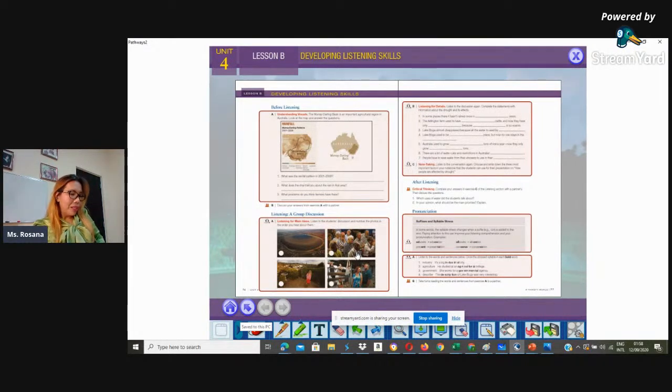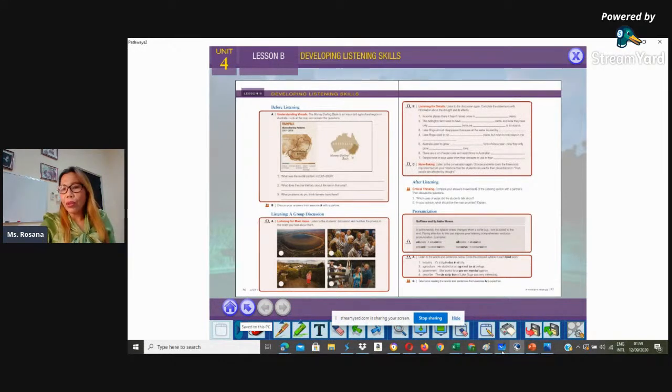Now we're going to listen to the conversation among the students. And while you are listening, you've got to take down notes so that you would be able to answer the questions after the listening text. All right. Now the first activity here is to number the photos in correct order as you hear them in the listening text. All right. So here, this activity would be answered via